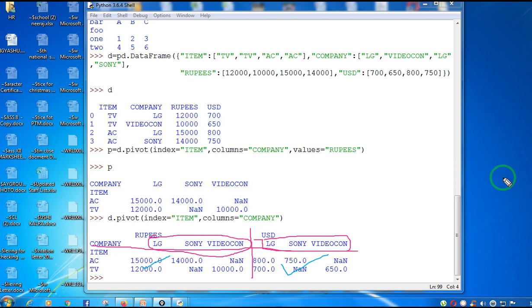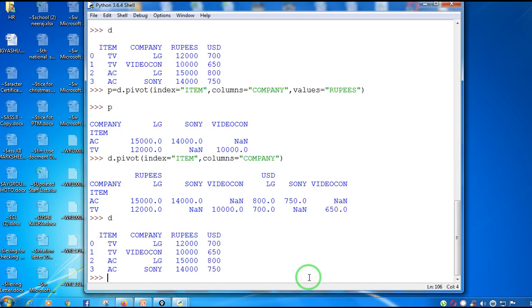Next we will be learning about the pivot table function present in the Python pandas data frame. We have already worked on the pivot function, and the next function will be the pivot table function. Pivot tables are useful for summarizing data.